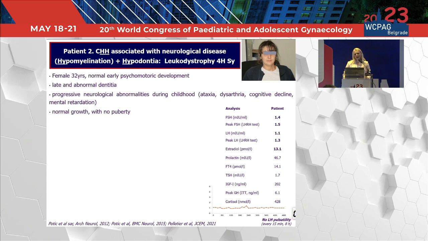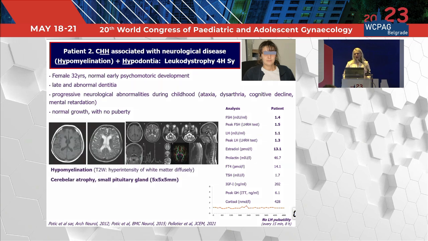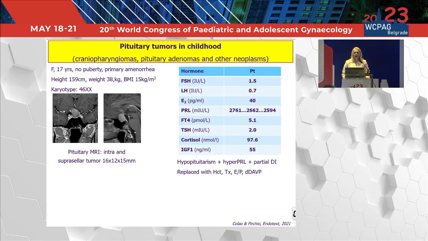She had neurological and cognitive decline during childhood, and she had late abnormal dementia, and we diagnosed hypogonadotropic hypogonadism. It was leukodystrophy 4H, no pulsatility, as you can see on the left side of the slide. Her pituitary gland was small, and she had the mutation which is characteristic for her disease. These are rare cases. Now I will conclude with the congenital form of the disease, and I will talk about